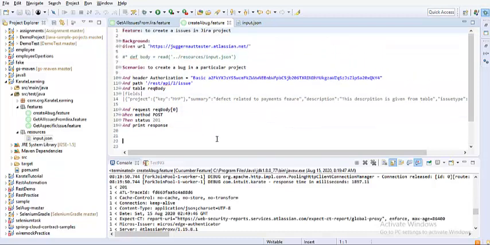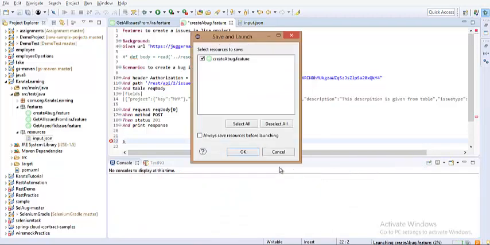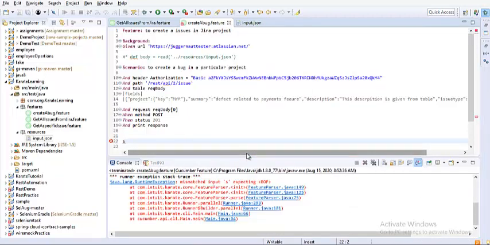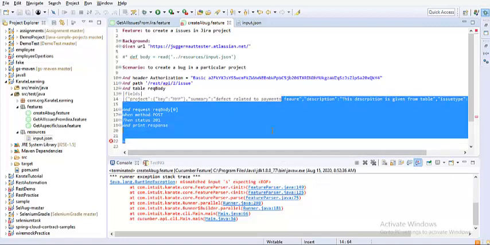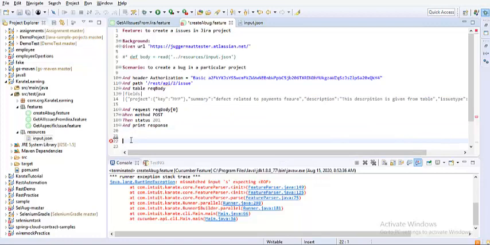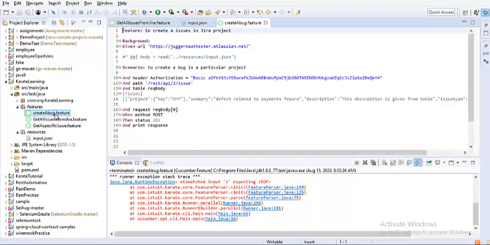So that's it, guys. I'm good to execute. So now let me run this, right click, run as Cucumber feature file. Let me save this to see what happens. I think something is wrong. Let me just quickly look into it. I think somewhere, yeah, we have not deleted here. That's where we have the error. So let me just close the feature file and reopen again, so that it properly loads back.